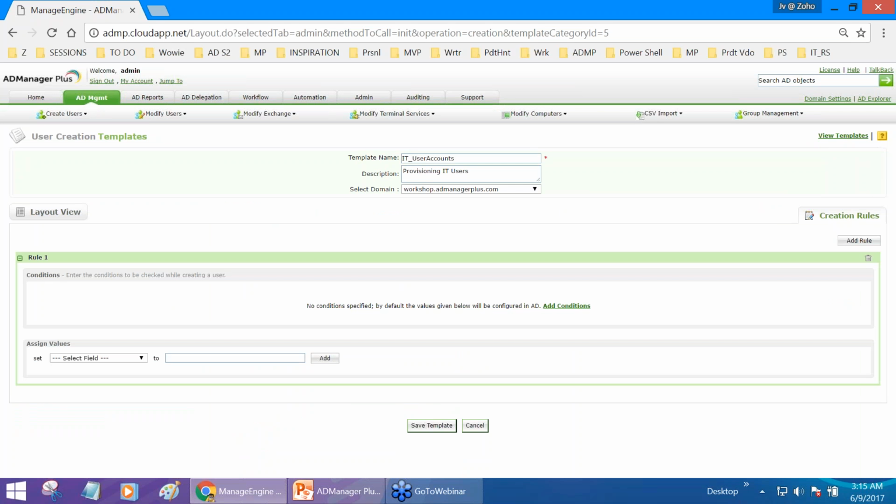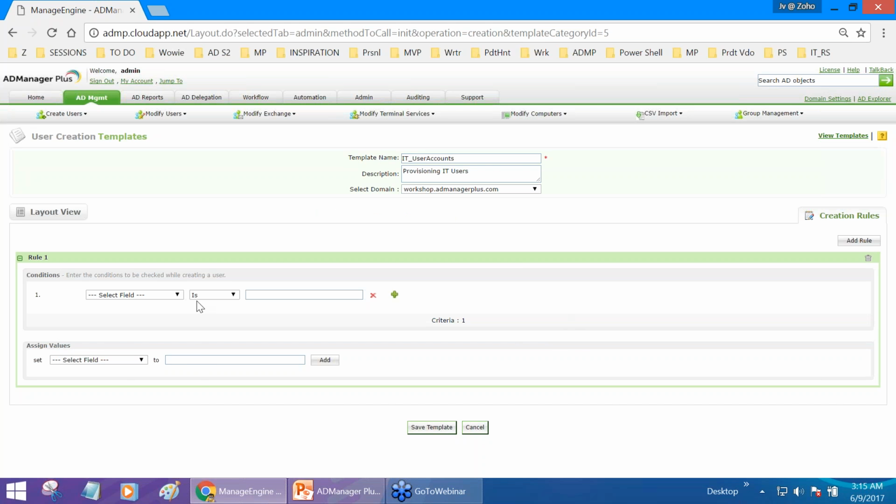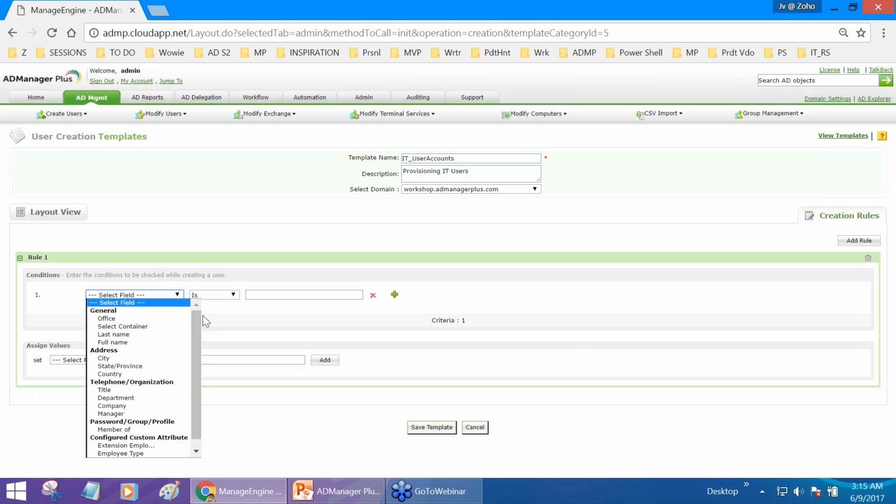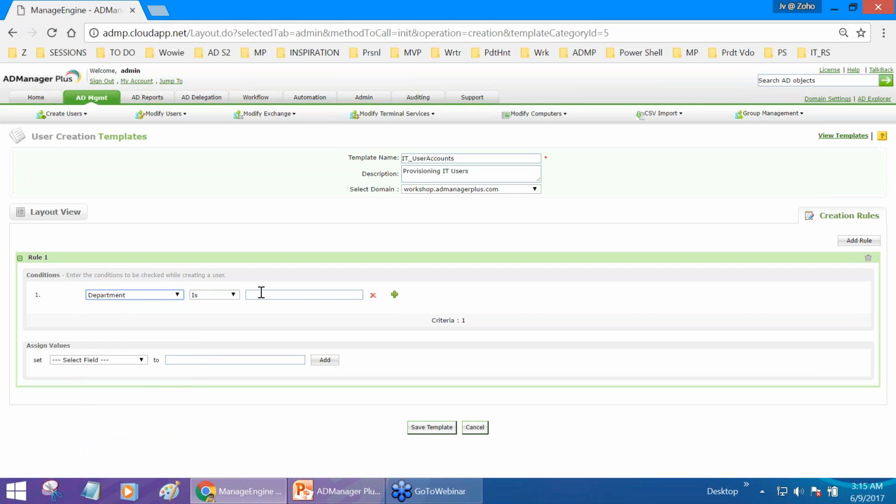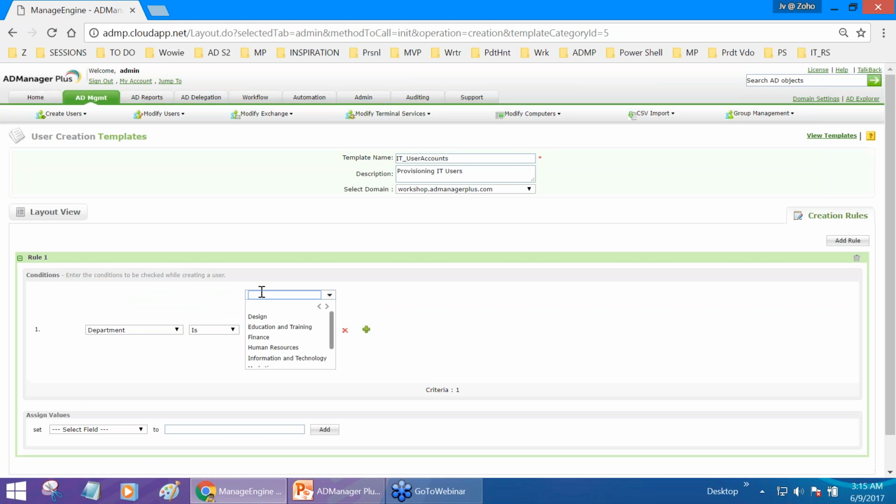A creation rule basically has two parts. One is the condition and part two is the value. So if this condition that I'm going to set gets satisfied, a value can get automatically assigned. Let me quickly show you. If I set a condition, so conditions are basically AD attributes. I can pre-specify a certain AD attribute, and if that AD attribute's value is matched, or if that condition is met,